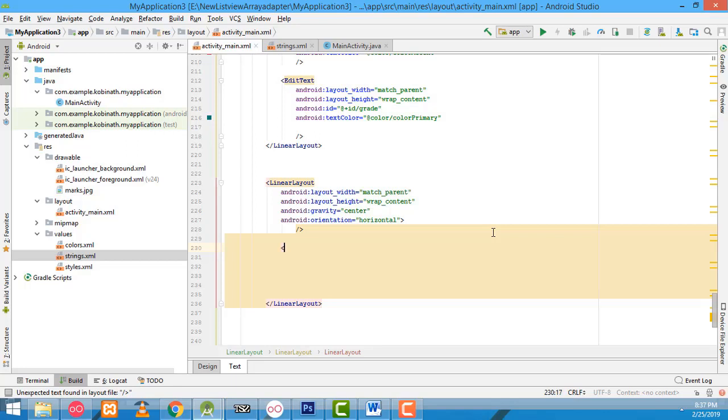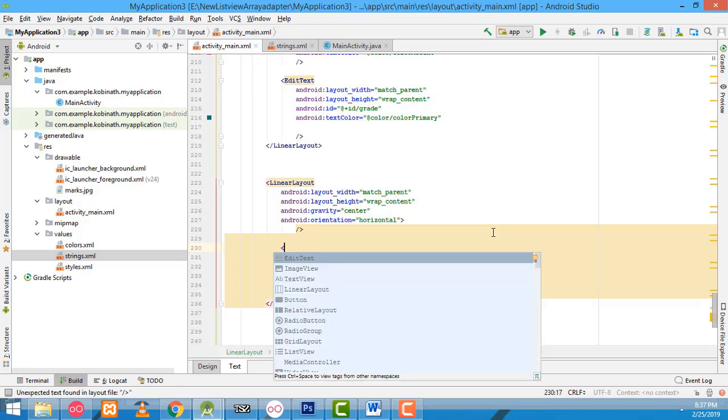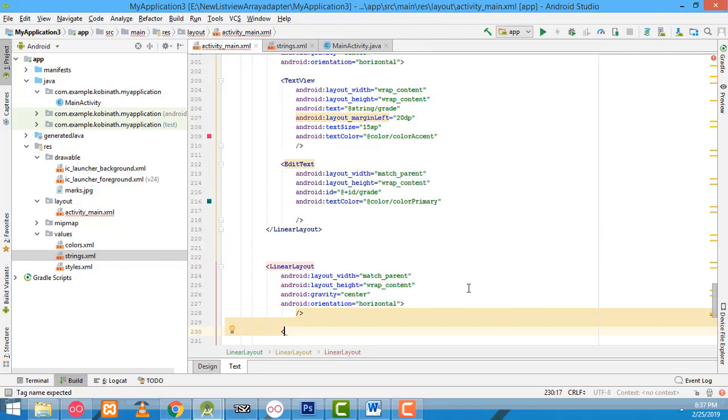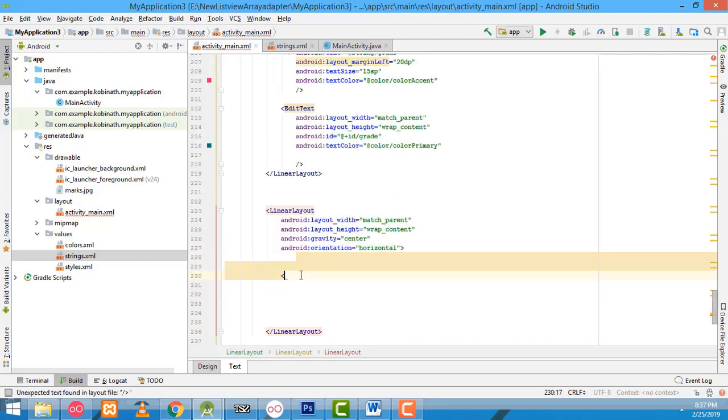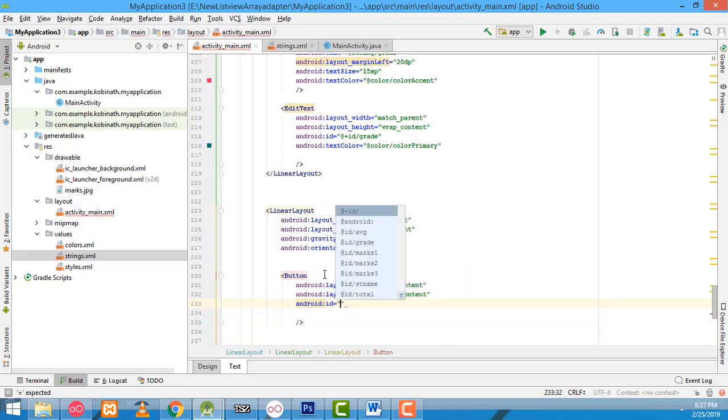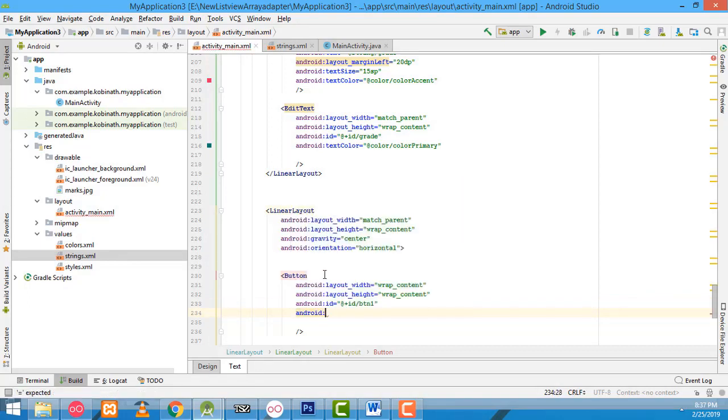So here we have to write as an edit button. What is wrong here? Right here we have to write as a button. Here we have to write as wrap text. This one should be wrap text. Here we have to change the button Android ID should be ID BTN1, and Android text should be,